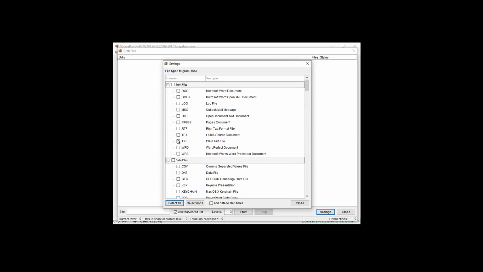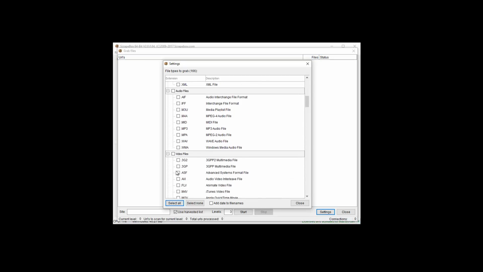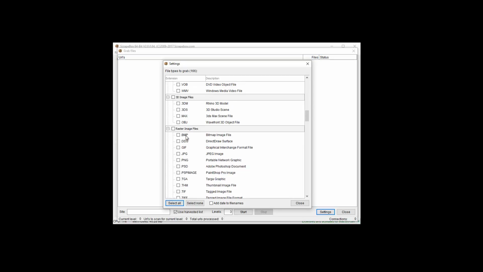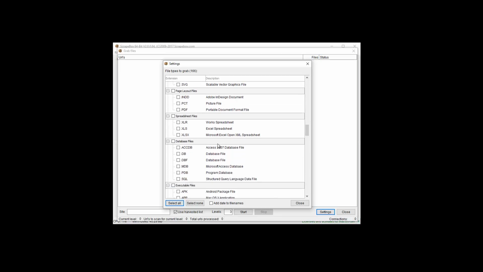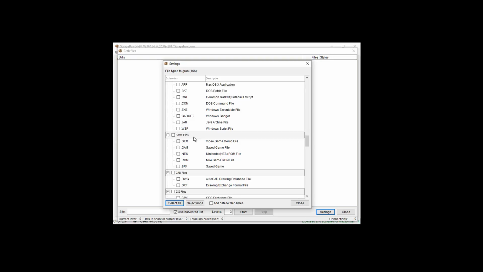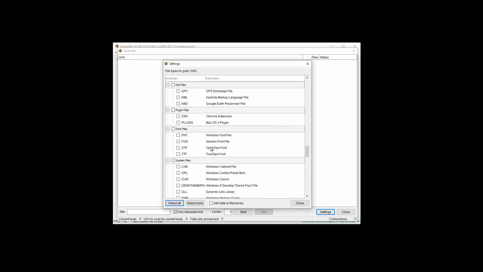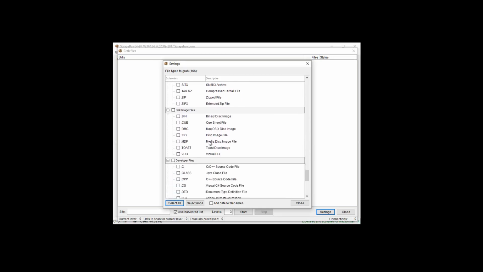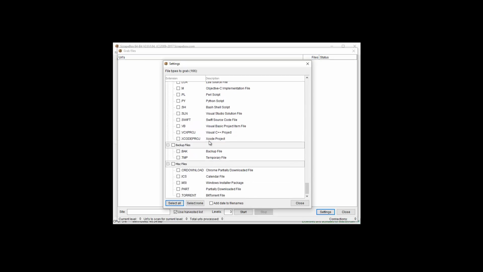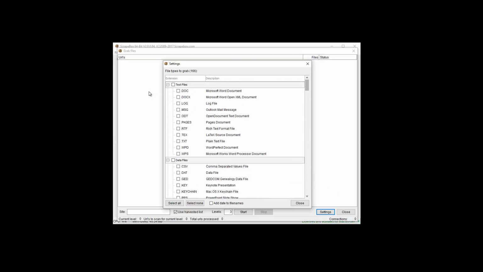Document files are obviously text files, data files, we can see CSVs and that sort of thing, audio files, everything here, video files, all those, 3D image files, and then raster image files, and then vector image files, PNG or page layout files, spreadsheet files, database files, executable files, game files, CAD files, GIS files, plugin files, font files, the list goes on, system files, setting files, encoded files, compressed files, disk image files, developer files, backup files, and miscellaneous files. So I'm just going to pick a couple here, and we'll just do like text files for instance,